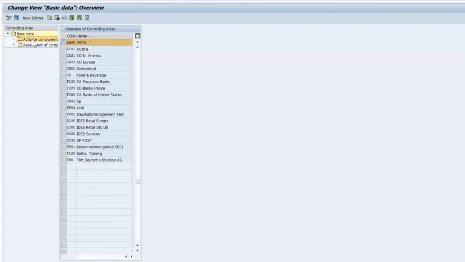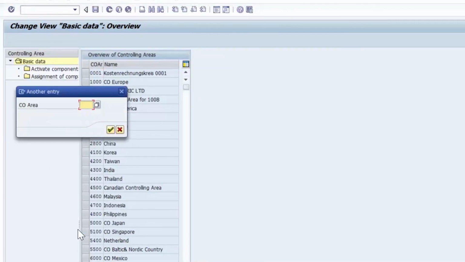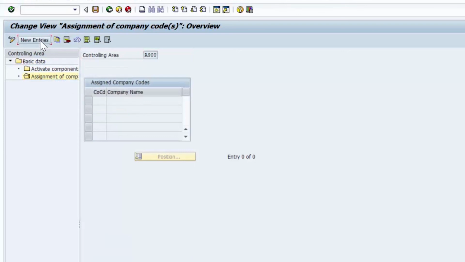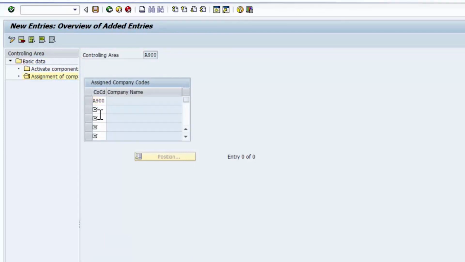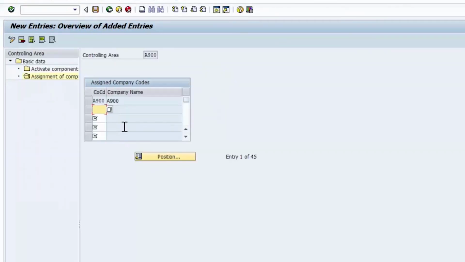Click Activate Components. Okay. Save. So controlling area A900, company code A900 has been assigned to controlling area A900.